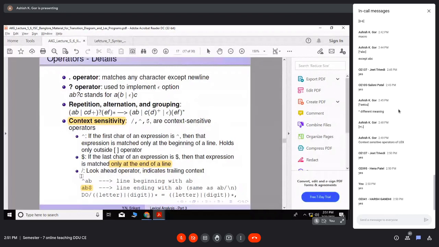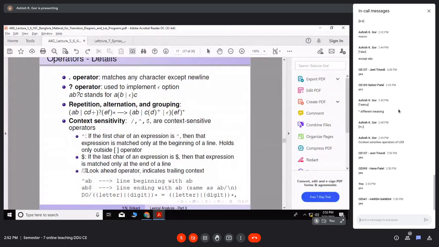Similarly, this slash acts as a look ahead operator and indicates the trailing context. This is very important. You see this last example. If there is a DO and then a slash, this is not an escape sequence.